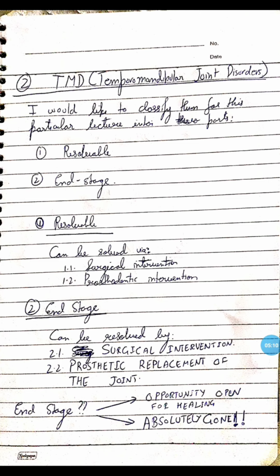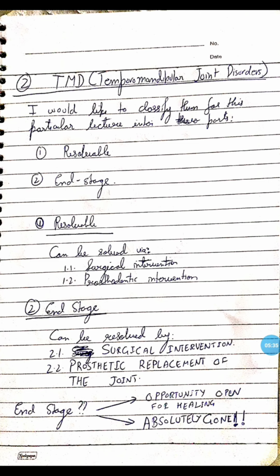Before that, what are the types of surgeries you have? You have arthroplasty and condylectomy, that is complete removal of the condyle. It is in case of a condylectomy that we go in for a joint replacement. Now, condylectomy may be partial or complete. In case of partial condylectomy, once you have performed it, you basically have to reposition the disc. That's about it. Nothing more has to be done after arthroplasty.